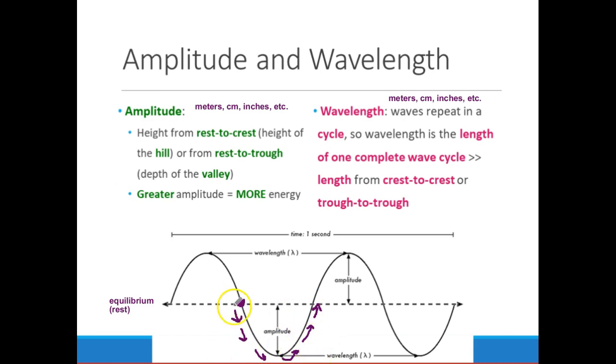So this does not count as a full cycle, because I have to keep going until I cross the equilibrium the same way. So I'm going to keep going until I hit the equilibrium again. And this time, am I moving the correct way? I started by going down, here I went up, and here, am I going the right way this time? Yes, so this right here would be another example of a wavelength: when we go down across the equilibrium, all the way to when we go down across the equilibrium again. Smiley faces if that makes sense. That's another way to measure wavelength.